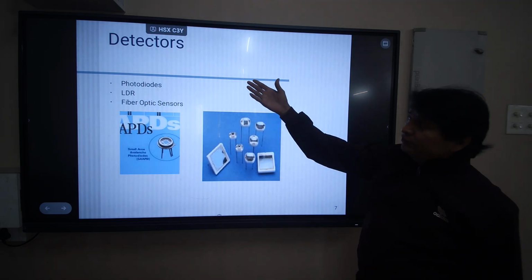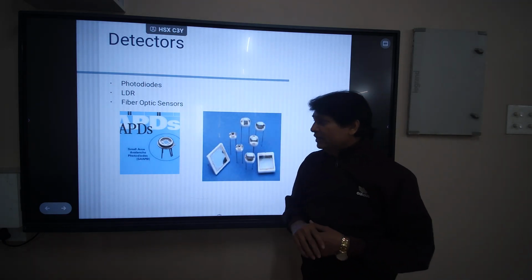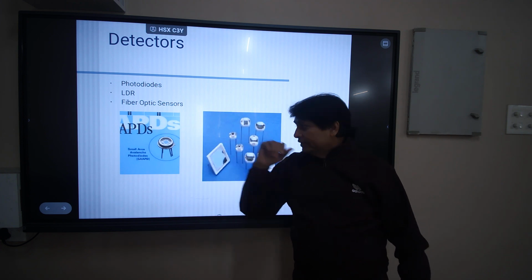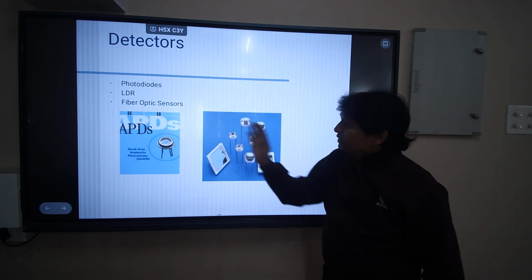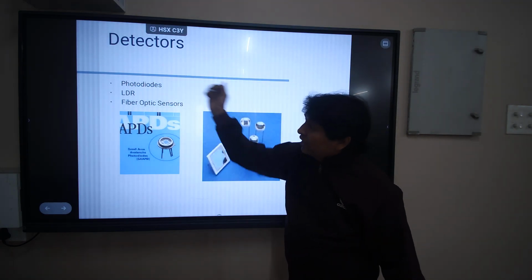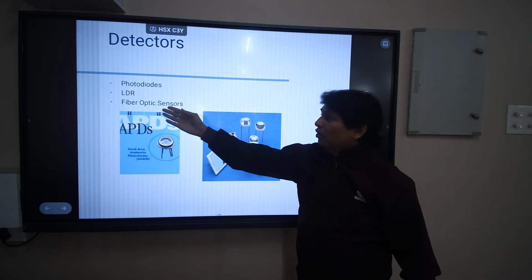Now, if we are talking about the detector at the receiver end, an avalanche photodiode can be used as a photo detector. These are glimpses of the photo detector. As photo detectors, we can have photodiodes, we can have the LDR, we can have fiber optic